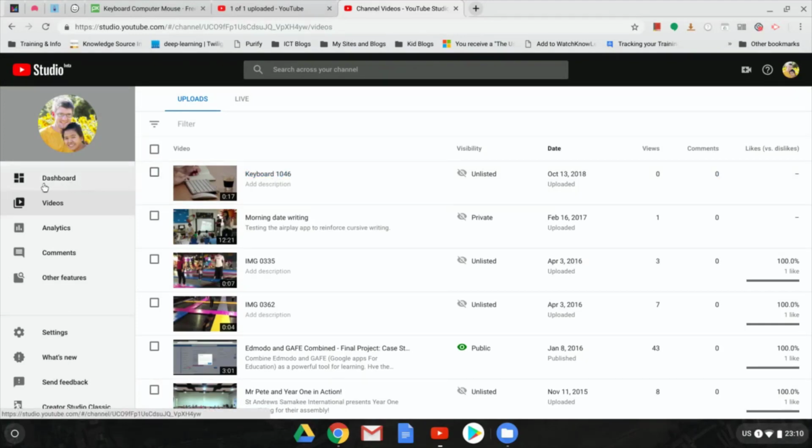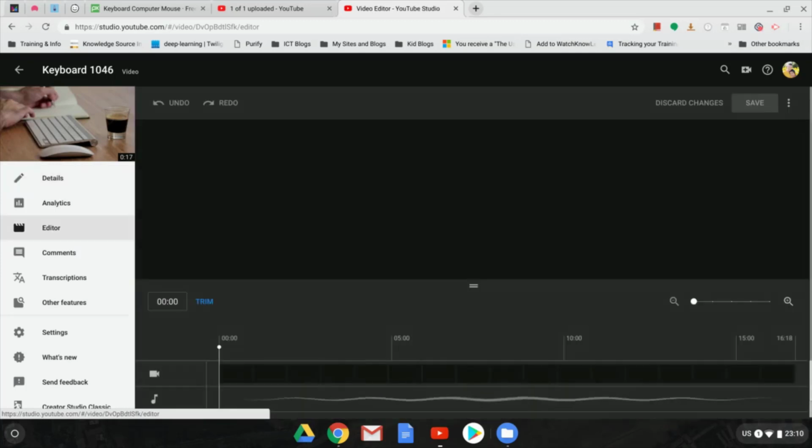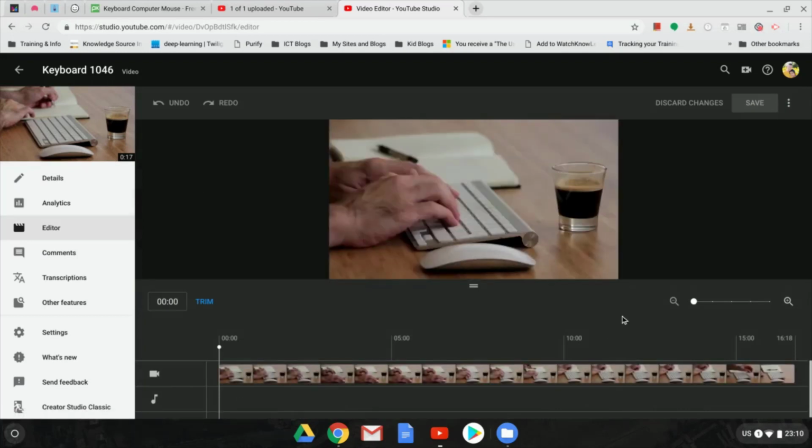However, on the left hand side there is no editor. We have to click on our video title first, so let's go ahead and do that. And now you will see an editor on the left hand side. So let's go ahead and dive into our video editor. Here we will see a big blue trim button, so we can simply click on play or spacebar to preview